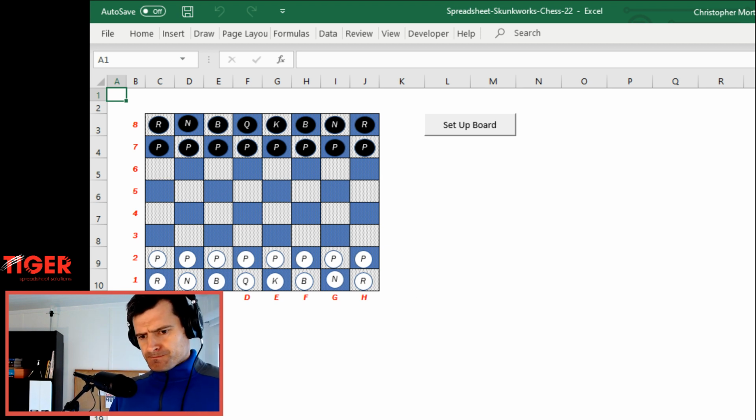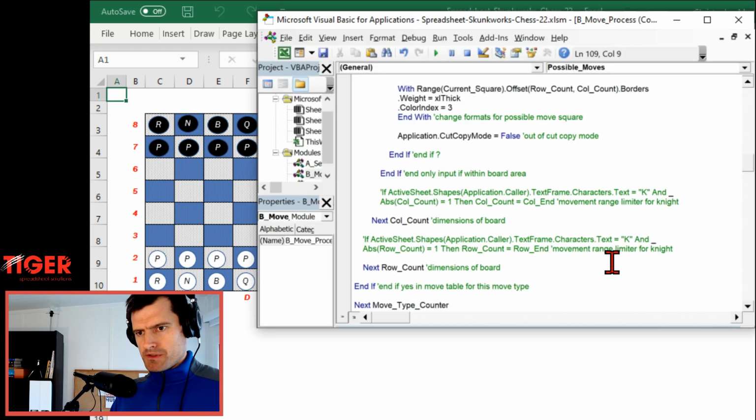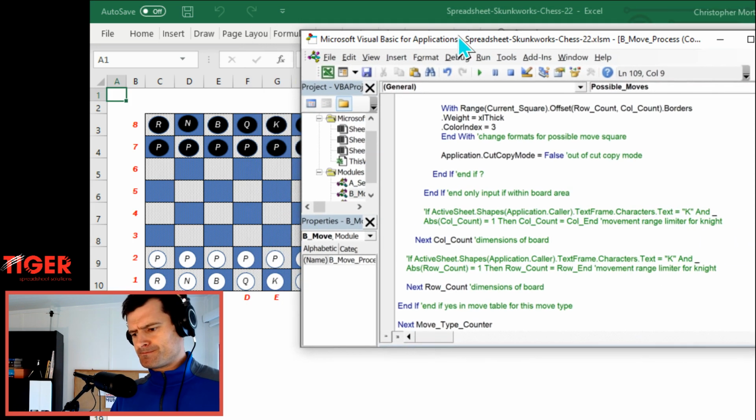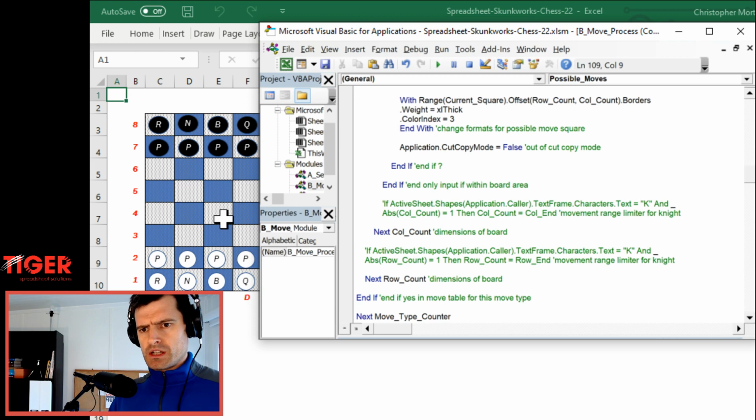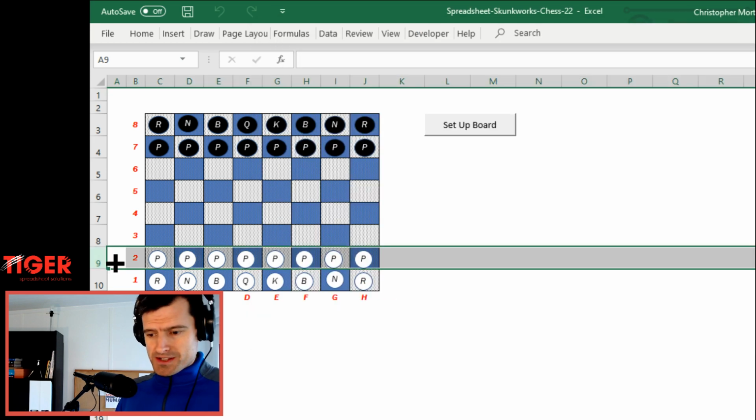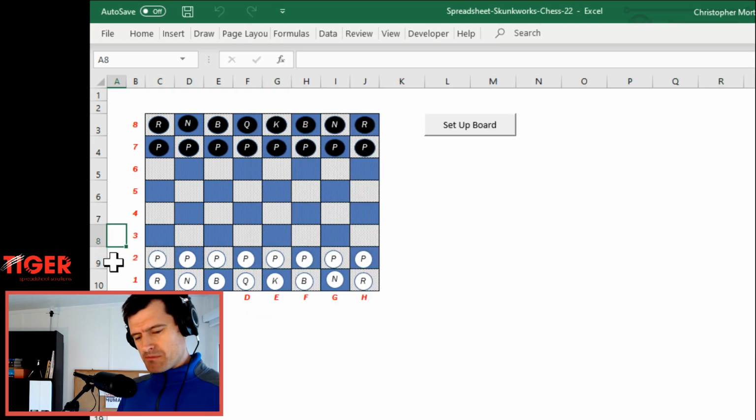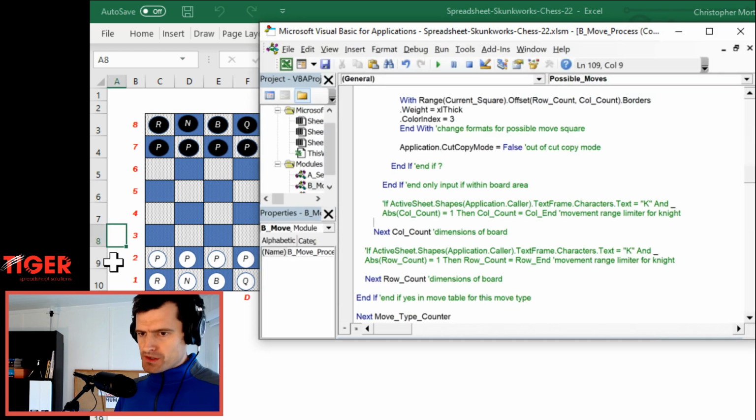So let's think about limiting these moves. And let's say first, let's limit the pawn to a single move. Remember, a pawn that's on its starting square can move 2 squares. A pawn that's not on its starting square can move 1 square forward, but can also capture diagonally. And what we've found in this series is that the pawn moves are some of the most difficult moves to program, even though, you know, a pawn you don't think is a particularly powerful piece in chess. It's not a particularly powerful piece,